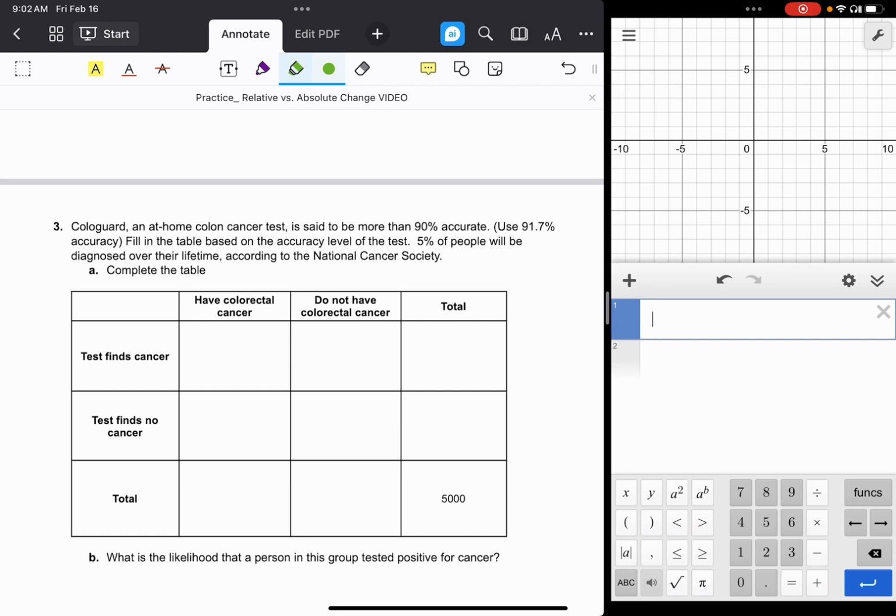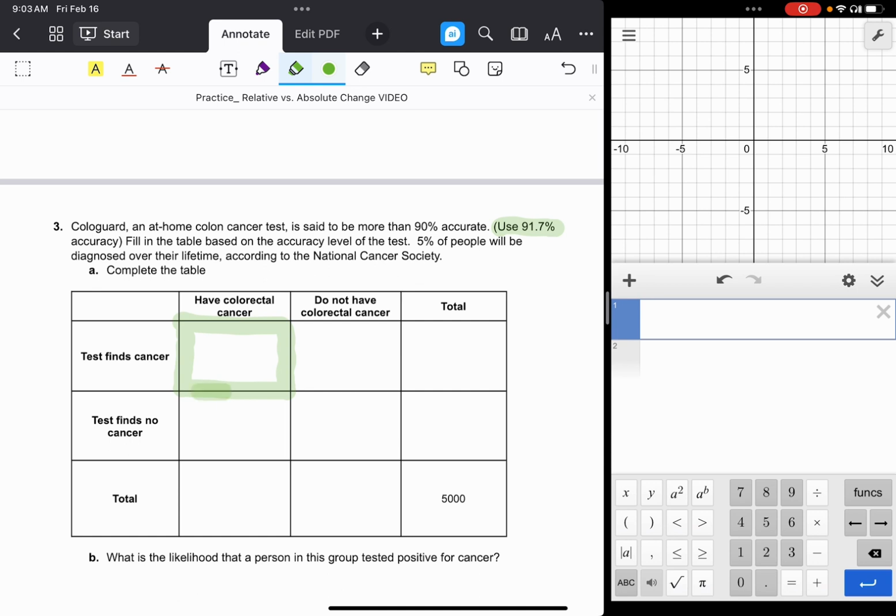And so a good thing to keep in mind, here we have a table on number 3, and it's looking at Cologuard's at-home colon cancer test. And we're told that it's said to be more than 90% accurate. In fact, it's 91.7% accurate. And so what that means is 91.7% of the time, if you have colon cancer, this test is going to find it. And so this box right here,